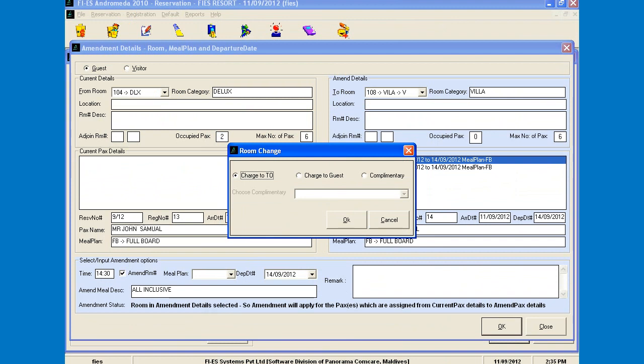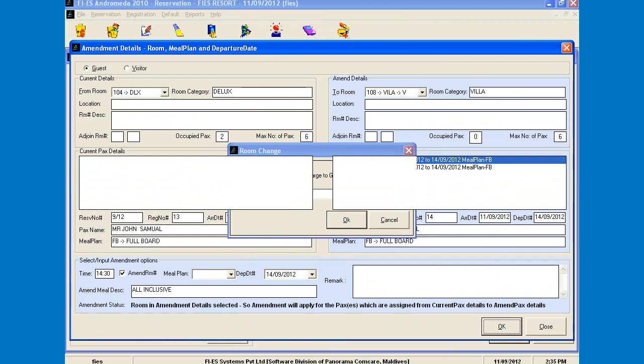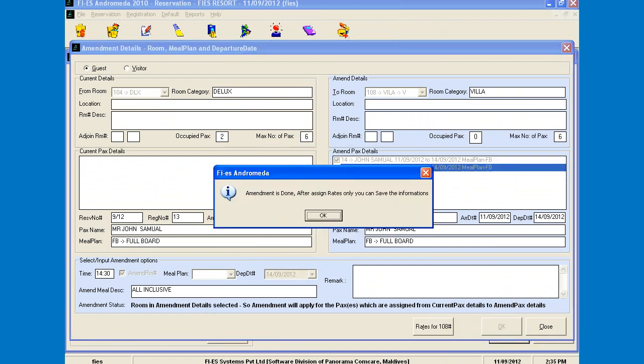If it is complimentary, then no additional charges will be taken from the guests. Only normal charges will be taken. If it is an upgradation, you can give it as complimentary, and additional charges due to that upgradation will not be considered. I'm charging to TO here.